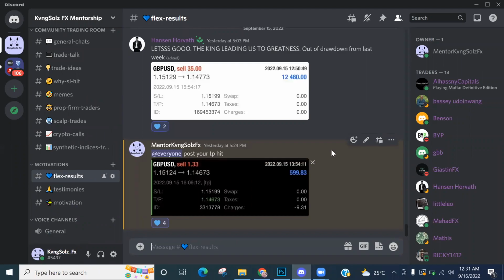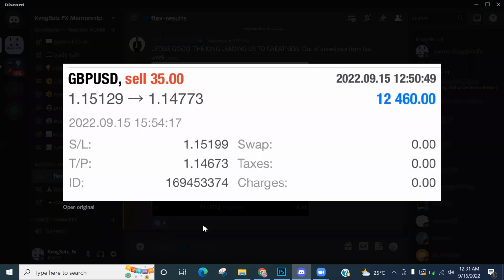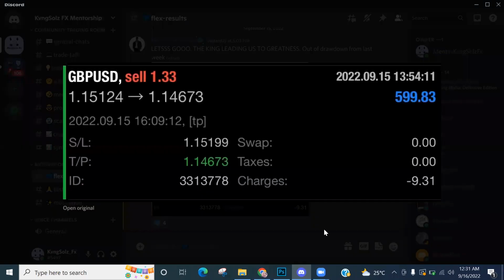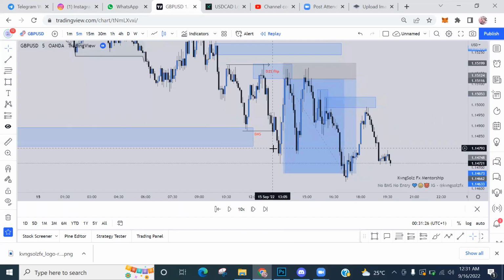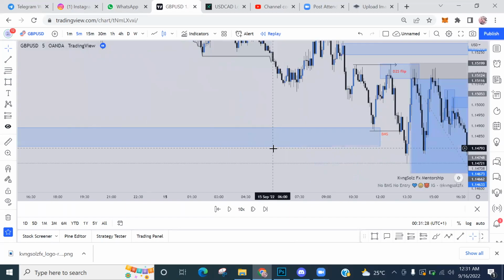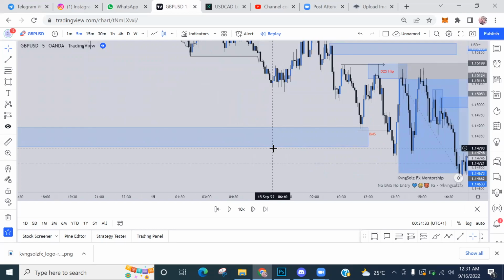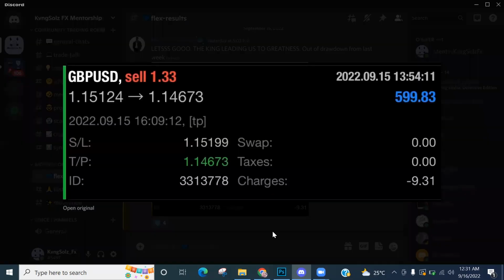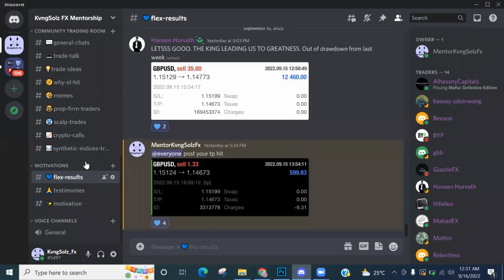they haven't flexed their results here, but this is one result here. Okay, and this is another one here. So we just added a 6 RR on this trade. Okay, what else? That's pretty much what is behind this knowledge of the flip zone. Let me also add this, because it's so good that we also smashed